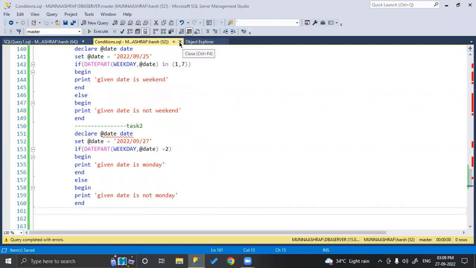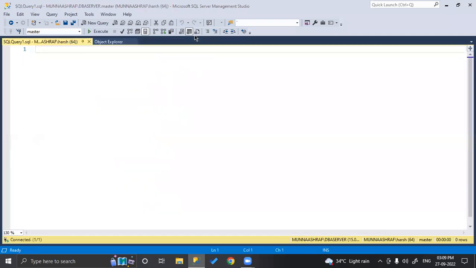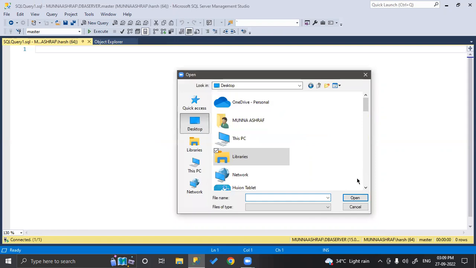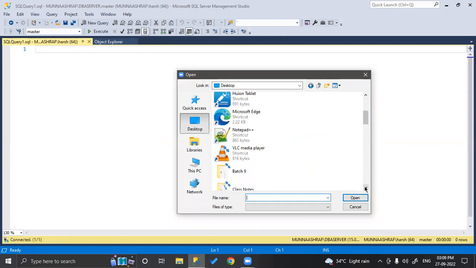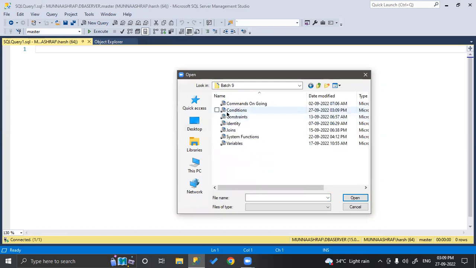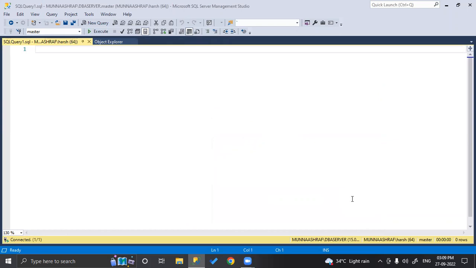So let me share this file with you. You don't need to write it down. The file, I will share with you. So guys, today is going to be the end of SQL Server. Tomorrow we are going to start the T-SQL concepts. So 75% of the concepts are finished, but still I did not see a single task from a few of the people.